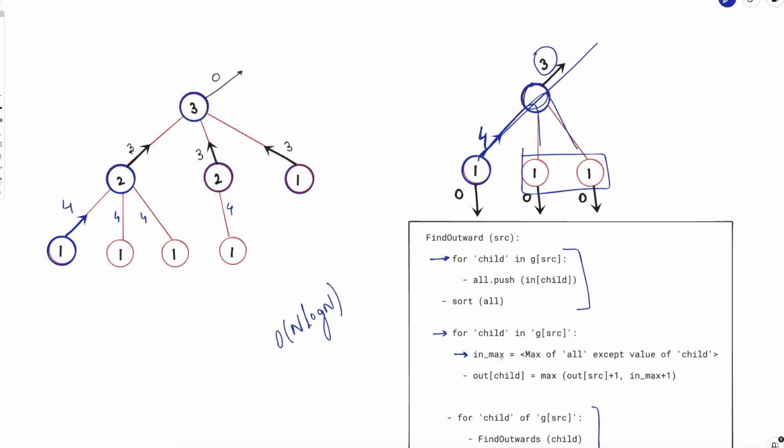Now the only thing that remains is this calculation for every node. And how to do this? If you do it in a naive fashion, that will take you order c time for every node, and that will be order n square, right? But you can do it smartly. How? You can just select the top 2 max,